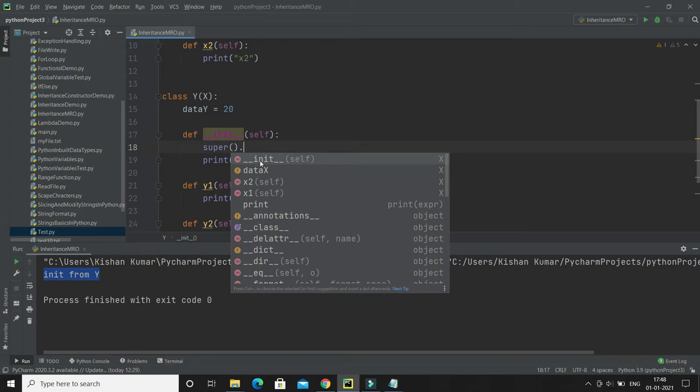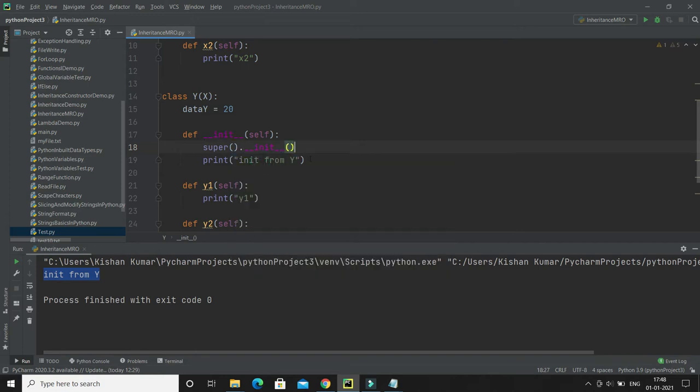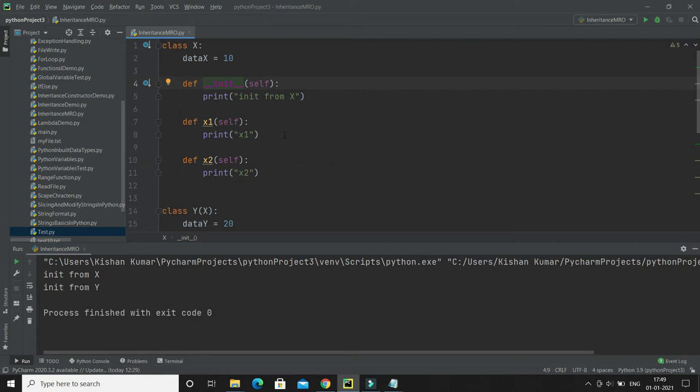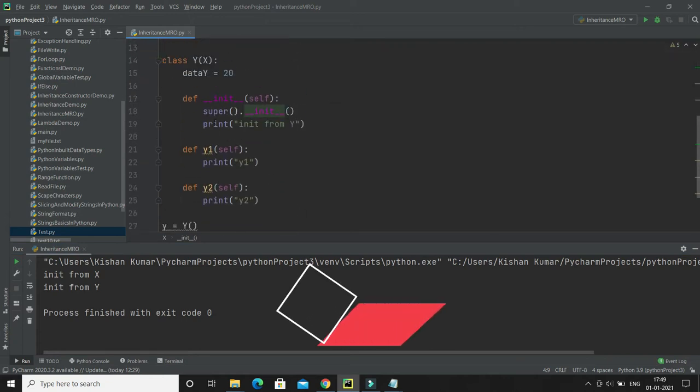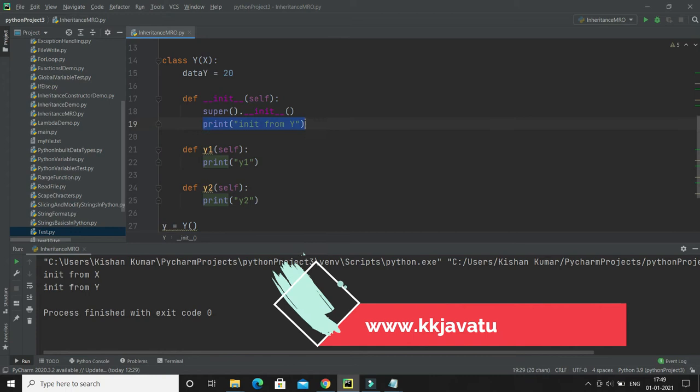And I can even call the superclass constructor as well. So if I call the superclass constructor, after that I'm printing from Y. Let me show you. It is saying init from X and init from Y. That means this is calling the superclass constructor and again coming back, and that executes the rest of the code from the subclass constructor, and that's how we get this output, right?